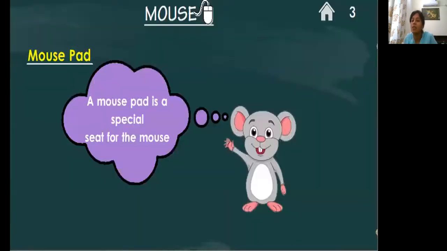A mouse pad is a special seat for the mouse. You know, children, where do we keep the mouse? We keep it on the table, but it is not a good idea to place the mouse directly on the table. So the mouse has to be kept on a mouse pad for its safe durability.